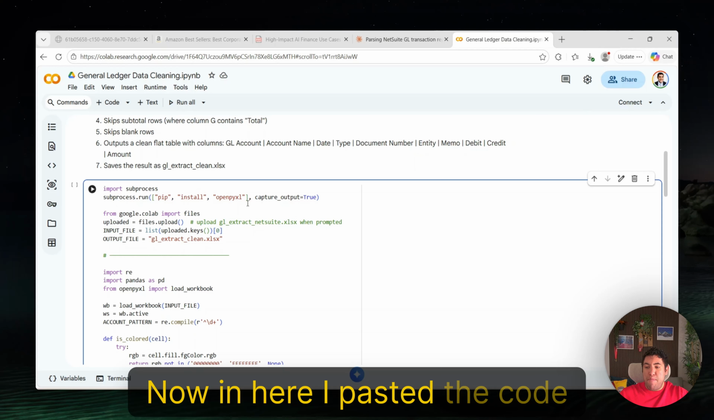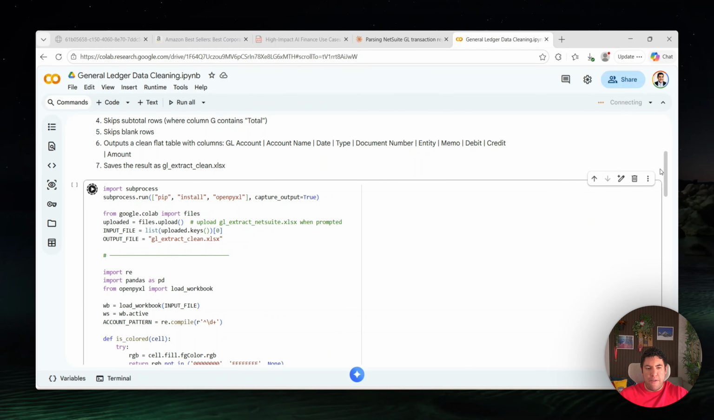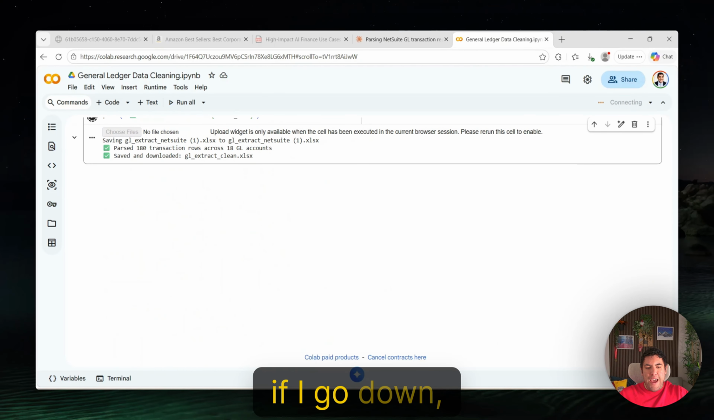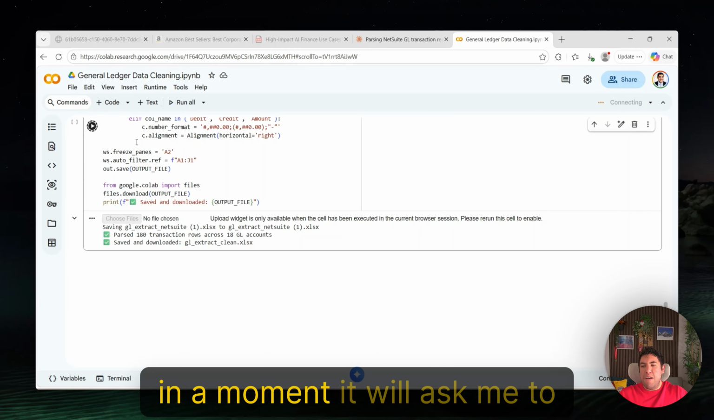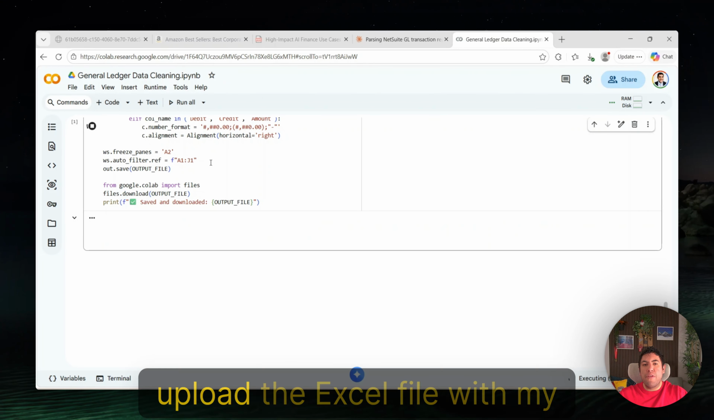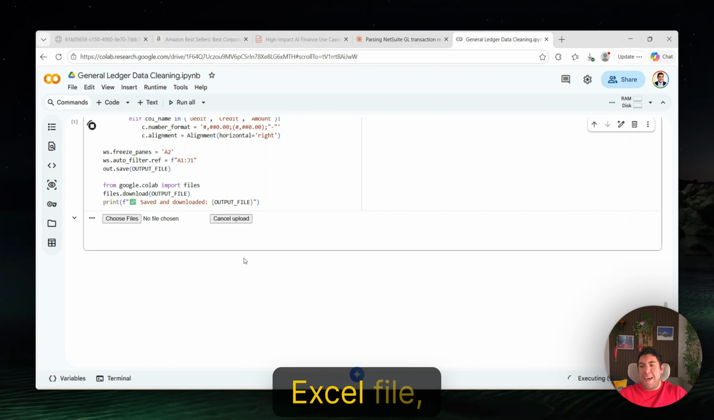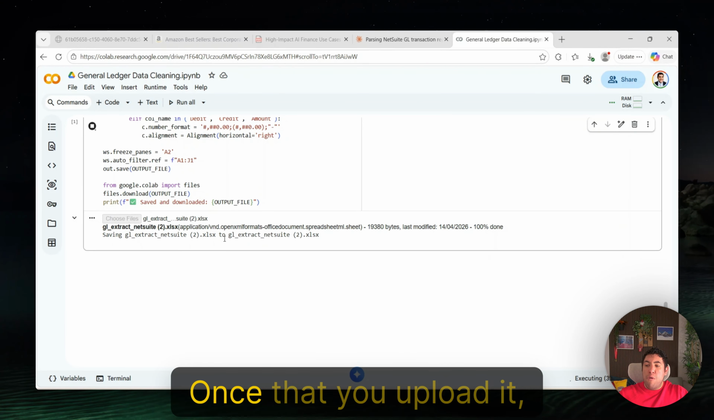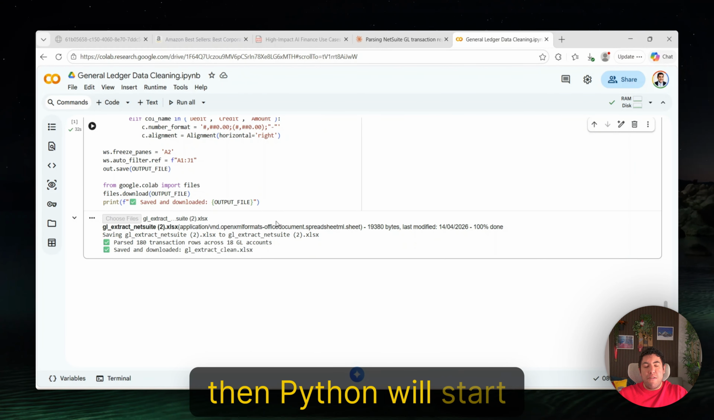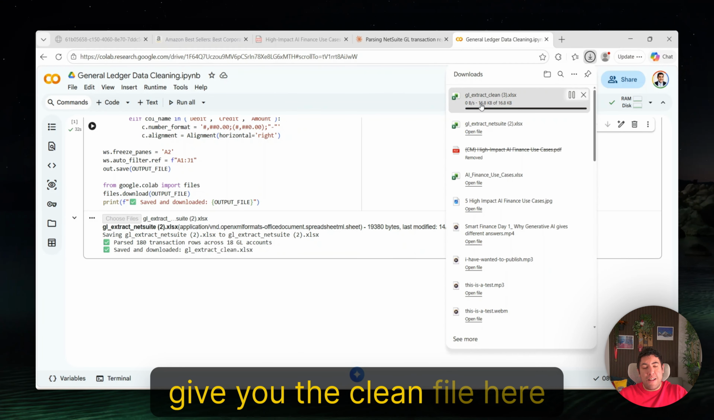Now, in here, I pasted the code, and then you run it by clicking here, then if I go down, it will start running the Python script, and in a moment, it will ask me to upload the Excel file with my data. Now, once you upload this Excel file, the one that I showed you, let me do it right now. Once you upload it, Python will start cleaning the dataset and then give you the clean file